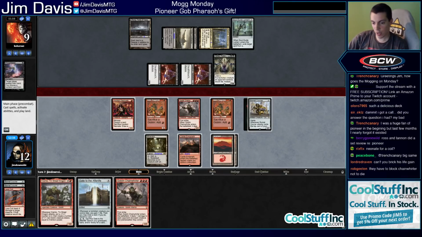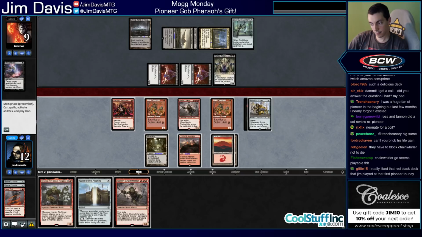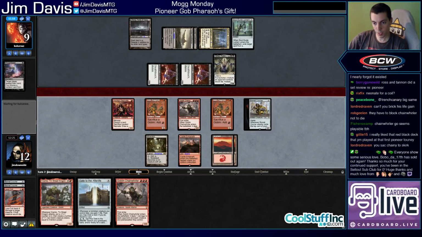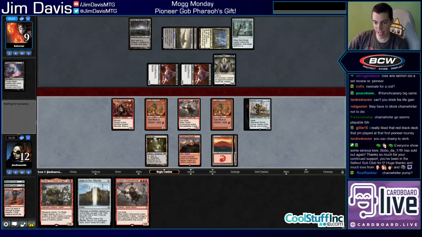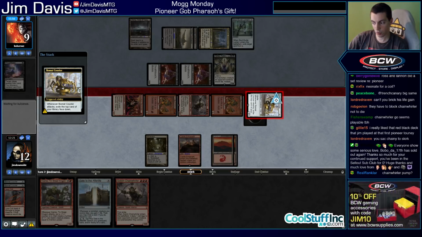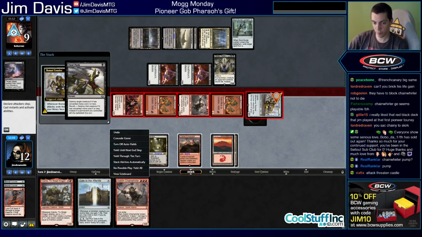So if they block Chain Whirler, then I can't threaten the... Alright. So if they have, I think they have push. I think we're dead anyway, but I think we're just going to swing. Considering Castle, they have to block the Chain Whirler, because everything I can sacrifice, they don't gain life, so... Alright, yeah, they have push anyway, so...